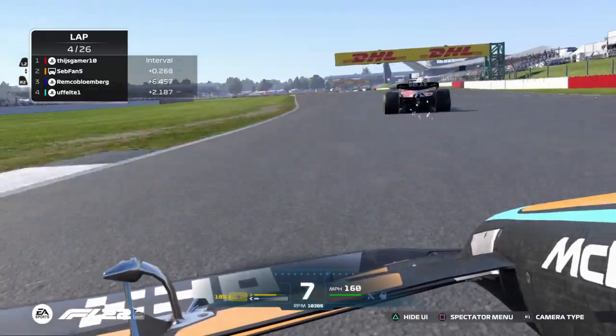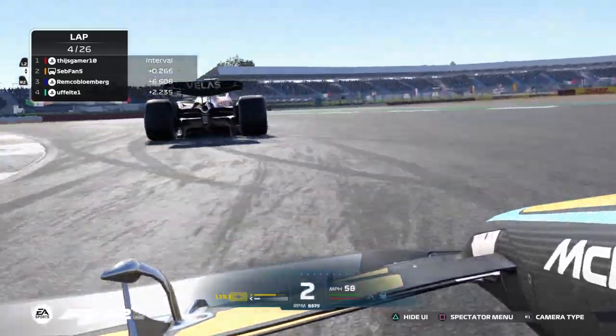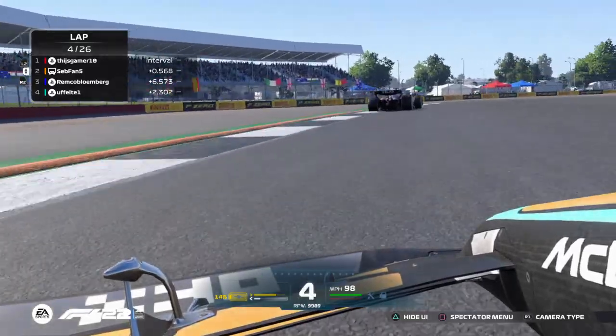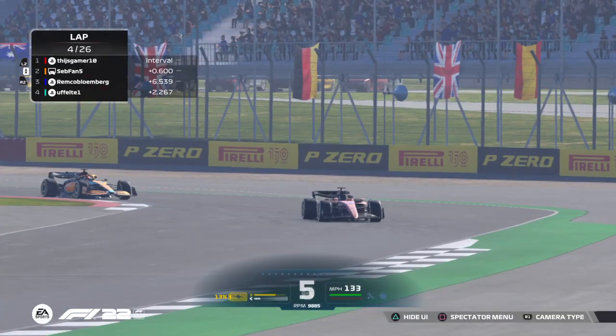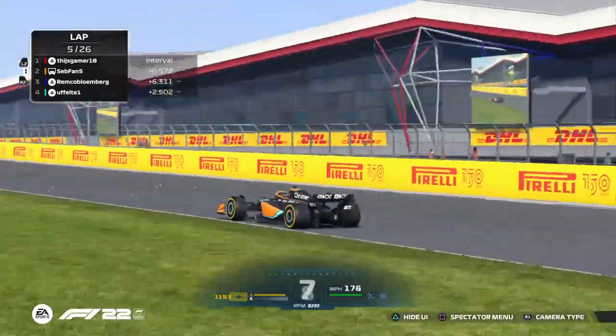Right onto the nose cam, which is very distracting. On board with Brett, he's right behind the back of Tice now. This is very interesting to watch. He did just miss the apex. Ian unfortunately making more mistakes now. He's made the gap 2.3 seconds between the two of them,